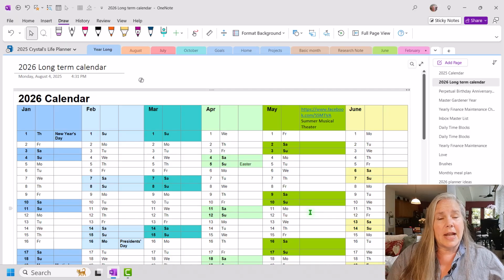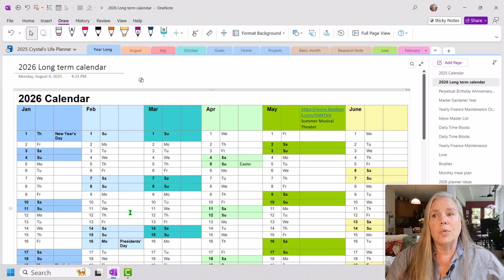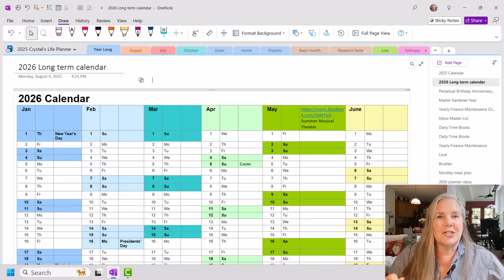It's not an event that has to happen on a specific day, but it is something that you might want to take care of during that particular month. Okay? So there'll be other things that you could add up there. Some of the things you might know exactly what you're doing and you want to put that on a particular day. Okay? So we'll be jumping back and forth today between this 2026 calendar and my year-long planning ideas, which is right here.